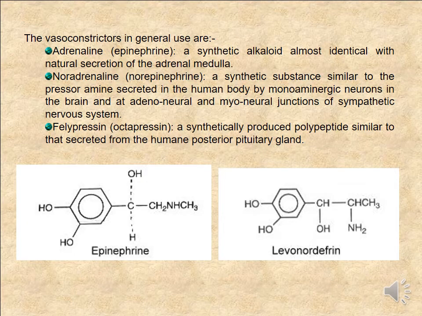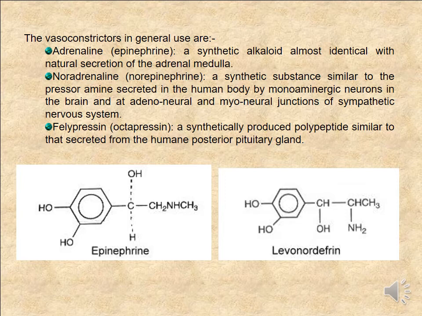We use many types of vasoconstrictor. The main type is adrenaline, or epinephrine. It is a synthetic alkaloid almost identical with the natural secretion of the adrenal medulla. The second one, noradrenaline, or norepinephrine, is a synthetic substance similar to the precursor amine secreted in the human body by